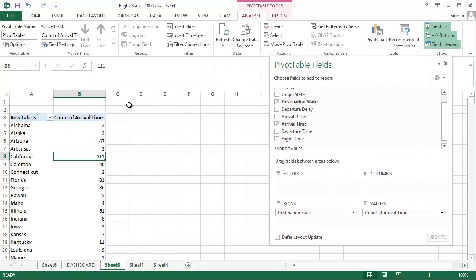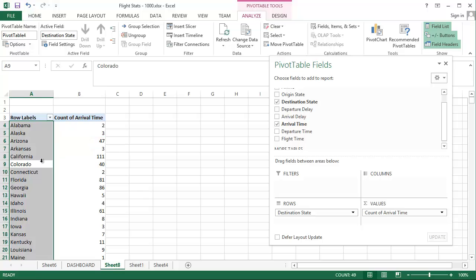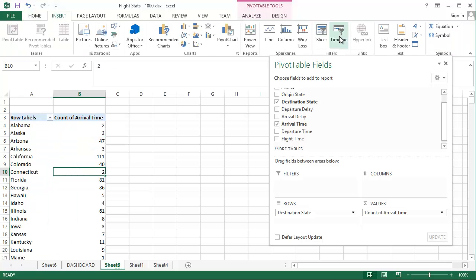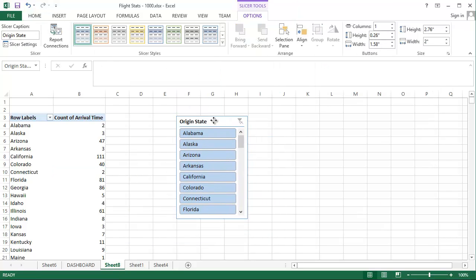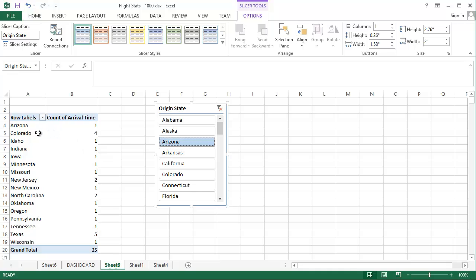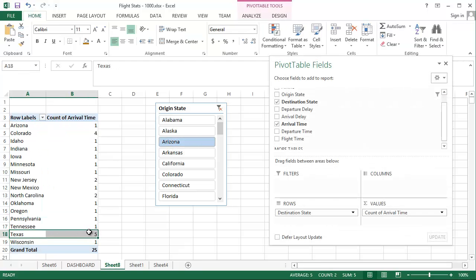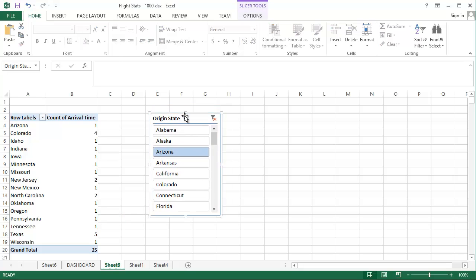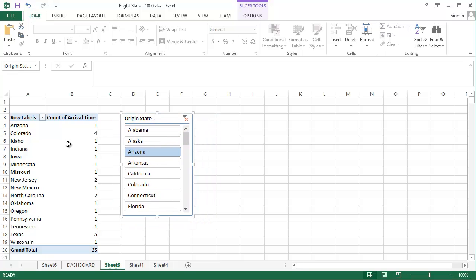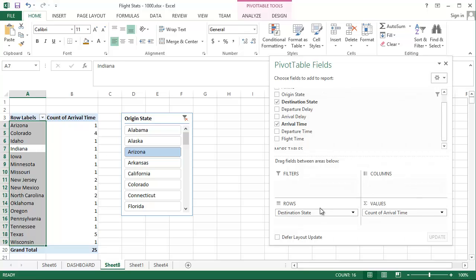Now to get this by state, and also the reason why we didn't want to put origin state in our row, is that we want to actually slice on that value. So we click the pivot chart anywhere, we go to the Insert tab, and we click the Slicer button. And now if we choose origin state, if we choose Arizona, we can see that Colorado is a popular destination, Texas looks like the number one, and this will let us see popular destinations by origin state. And I hope it makes sense why we didn't include origin state in a row, but it gets back to that formula,